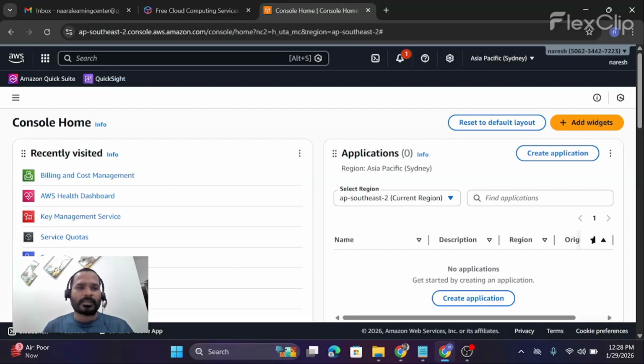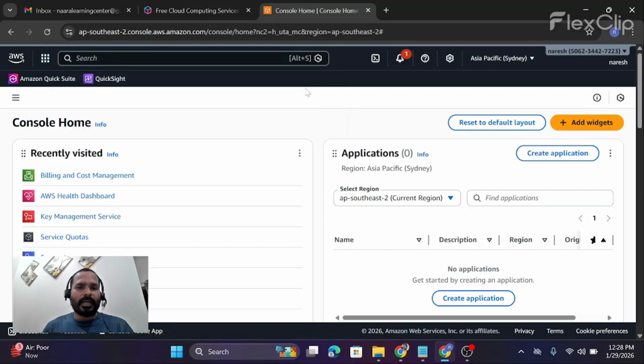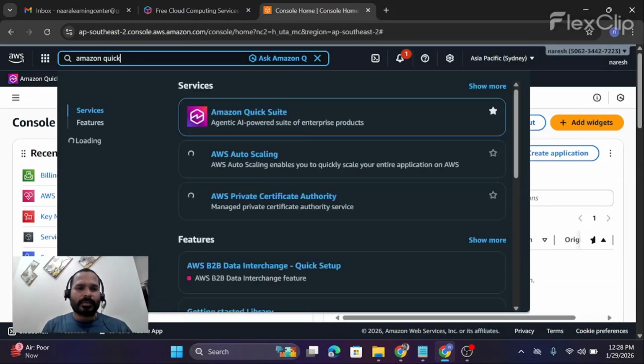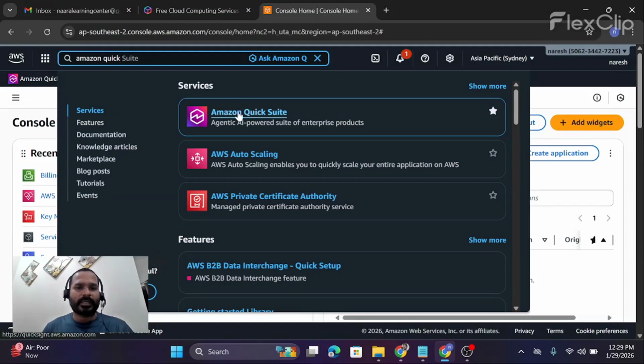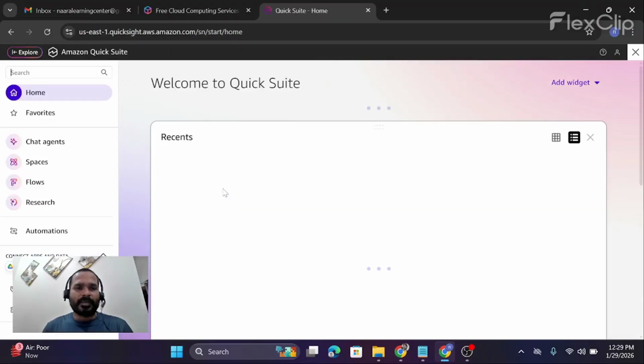What are all these services provided here? You can see a list of the services and applications, many things here. I am going to use only Amazon QuickSight. If you are using it for the first time, you need to search for Amazon QuickSight. When you search in the search window, you can get the services in the list below. Once you click Amazon QuickSight, it goes to the QuickSight visualization tool, business intelligence, where we